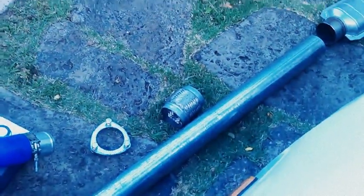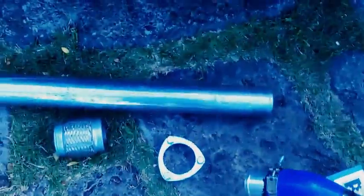As you can see, it's 3-inch piping. Well, not really as you can see. I don't know if you can eyeball the size of that just based off of the camera. There's no frame of reference in looking at it. But basically, I've got a 3-inch downpipe all the way off the turbo, and then there's a guy coming who's going to weld it Saturday, I think. But off the turbo, 3 inches,